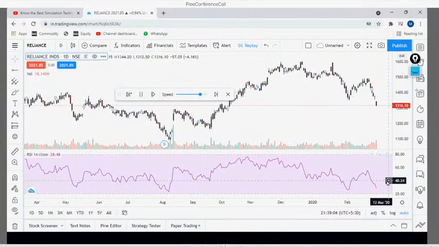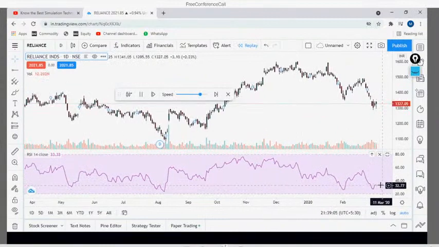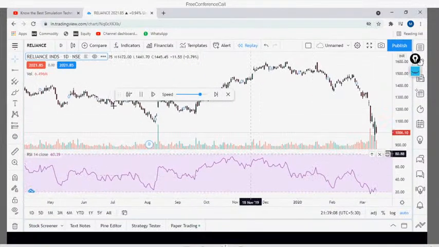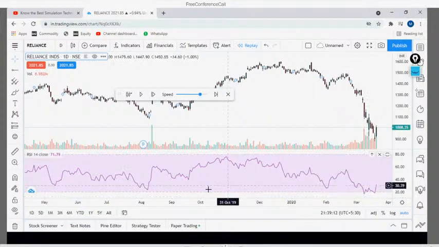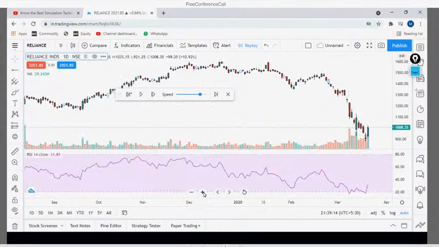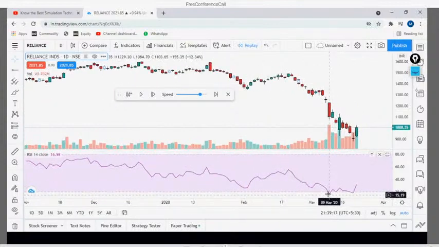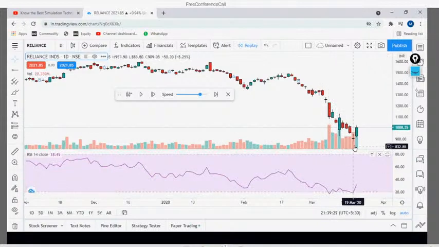So this is how you are going to test your strategy. See here also, this is a perfect place. 1 minute. See here at this point, how much was it? RSI was 16, but still the next candle it came down only. See here, this candle, at this point the RSI was 18.